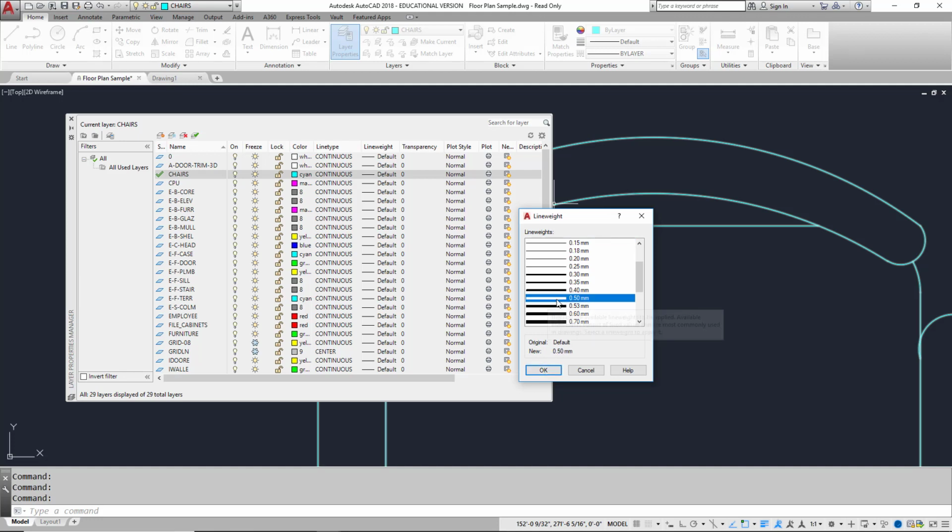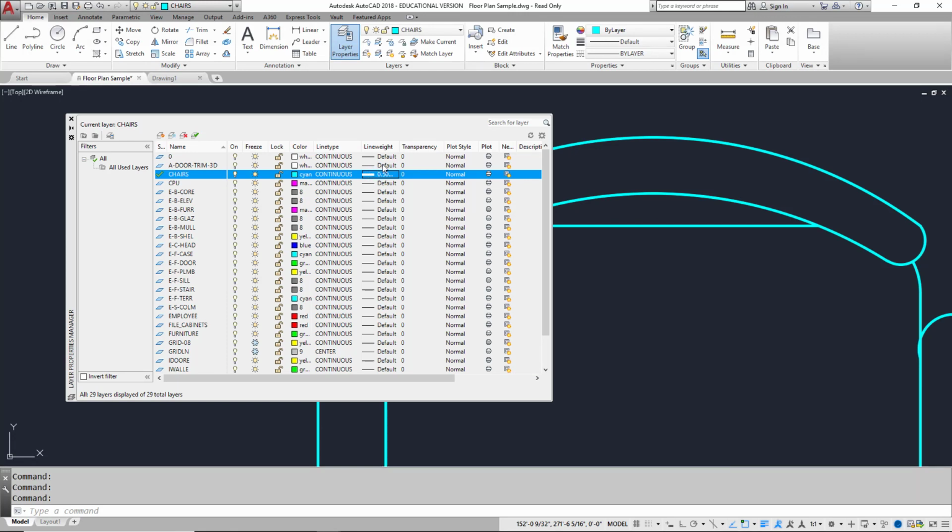Note that this is an arbitrary thickness. It's not really going to be that thick when you print it on your screen. It's just printed on a piece of paper. It's just that big so that you can tell how thick it is on the screen. When I choose OK here, notice that it applied the line weight here, and it has also applied the line